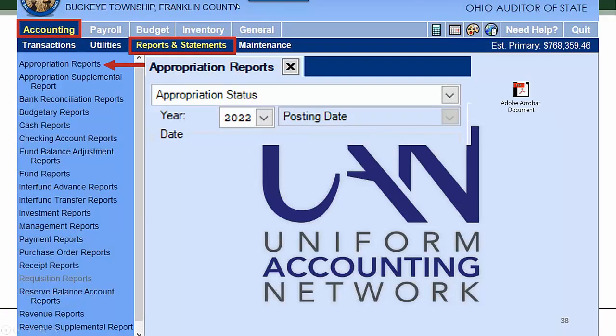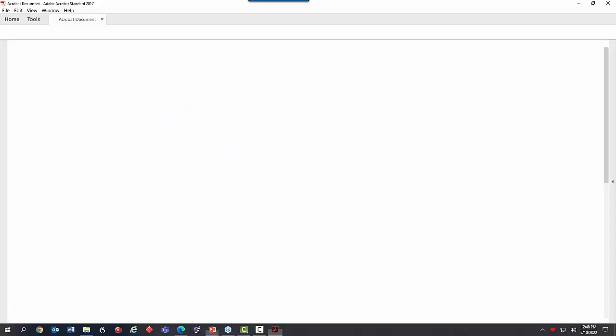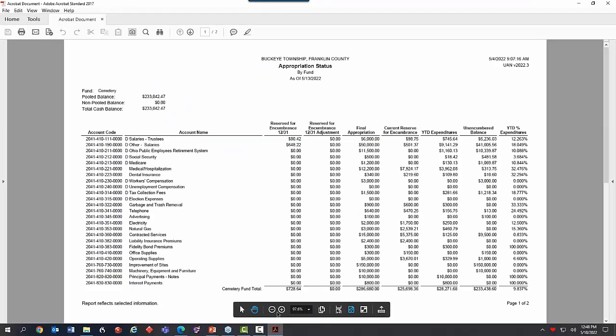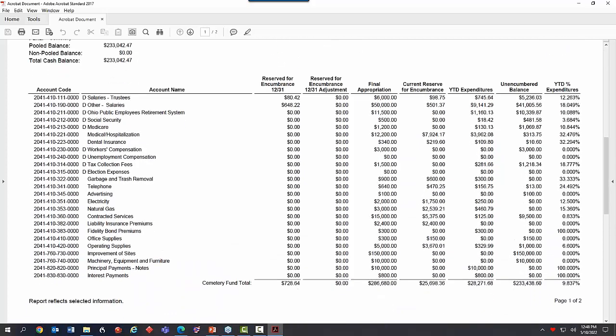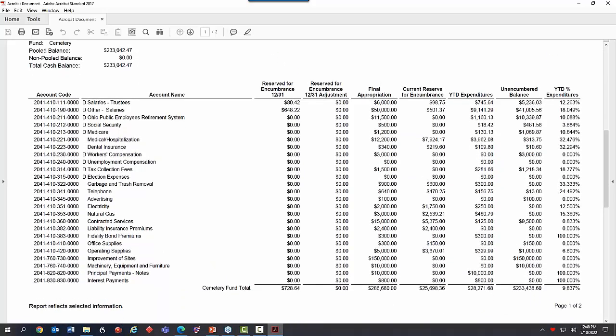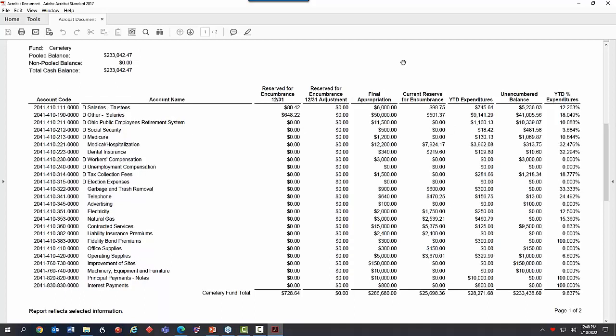And this is where we've got people saying, I'm trying to reallocate and it won't let me. It won't let you. Why? I don't know. So let's take a look. I just brought up the cemetery fund. And let's just forget that I just bought the mowers for our employees, because you're probably all laughing about that. I just put in extra money for the mower, and now we're not going to have any employees.